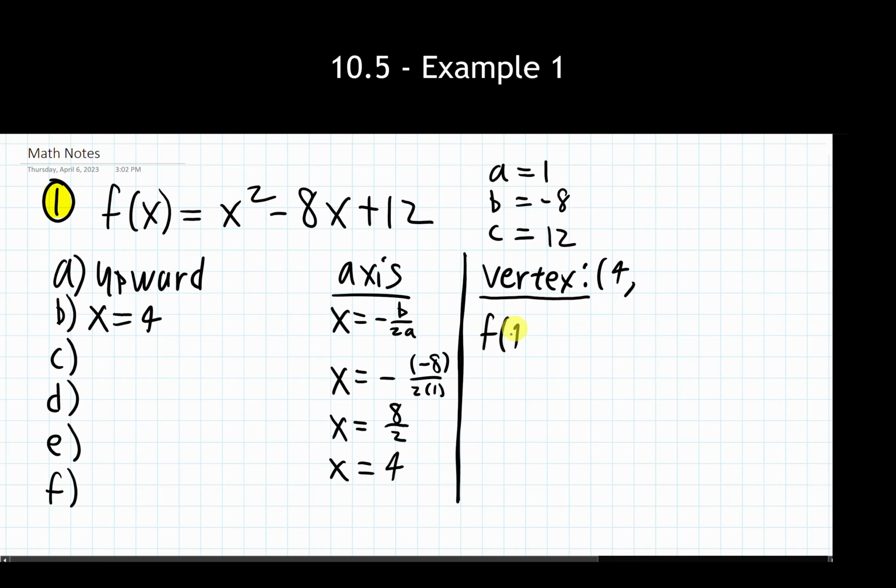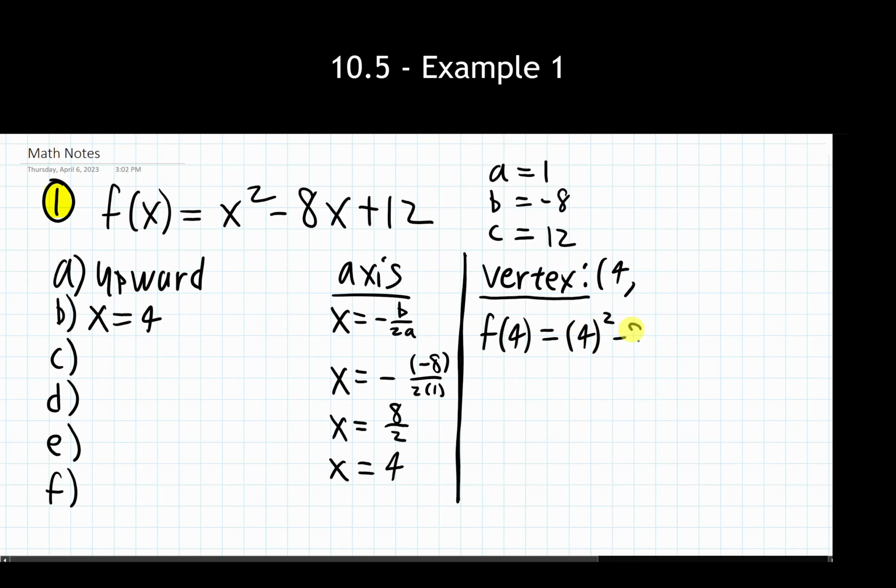So I'm just going to write that down. I have f of 4 is equal to 4 squared minus 8 times 4 plus 12. Working through this thing, I'm just doing number crunching. You can do this in your head if you would like to. You can do it with a calculator. Oops, this should be minus 32. Then I have 16 minus 32. That's going to give me negative 16 plus 12. Negative 16 plus 12, that's going to give me a negative 4. So great, I have the y value as negative 4. And I'm going to bring it back over here and write in my vertex as 4, negative 4.